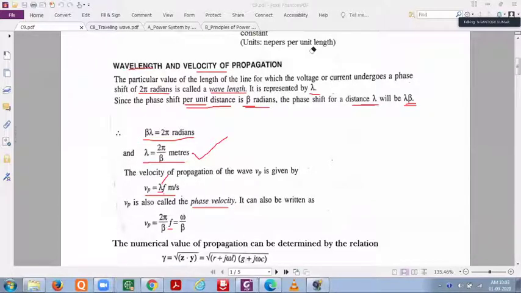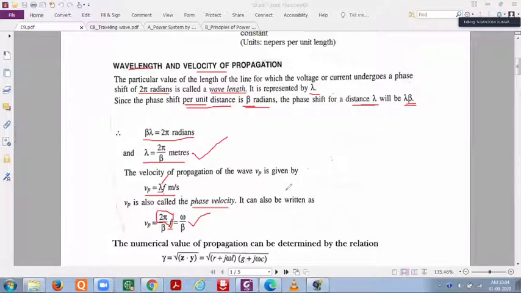Fine. So now where are we? We have substituted the lambda because we know the wavelength from the propagation constant. I am able to determine my wavelength. So when I substitute here, I'll get the propagation constant as 2 pi by beta into f, and we know omega equal to 2 pi f. That is the standard notation, the angular frequency. Omega equal to 2 pi f by beta. So these are the two terms related to your wave. One is wavelength, lambda equal to 2 pi by beta, and velocity of propagation is 2 pi f by beta.